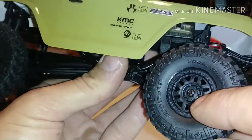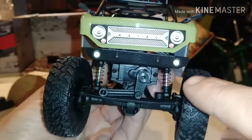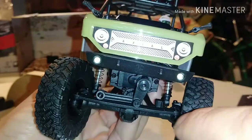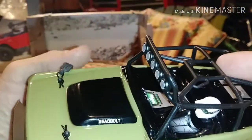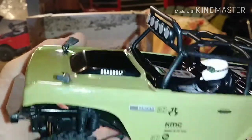Little nuts here on the end so you can remove the tires from the axles. Looking at the truck itself, once again, 2 LEDs in the front bumper, just a plastic sticker on the grill, so no LEDs there. Servo mounted on top of the axle. LED light bar on the roof? Well, no LEDs. That is a fake light bar on the roof with nothing but stickers on top of